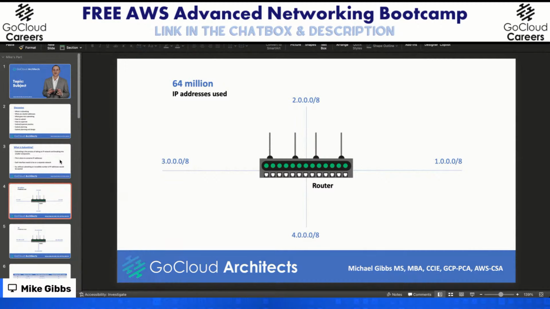Once we get above approximately 256, max 512 addresses on a subnet, we actually run into trouble, and the subnet will become almost unusable. And here's the reason why. All of us have computers, and our computers do things called broadcasts. The broadcast really tells our computers how to reach things we don't know. When I map a name to an IP address, we do an ARP, who has the MAC address, and that's a broadcast. Our systems send these broadcasts to find Windows and Mac computers that are next to each other. Switches send unknown broadcasts out all ports except for the one it came in on. And if we're not careful, all these devices in a subnet will just broadcast.